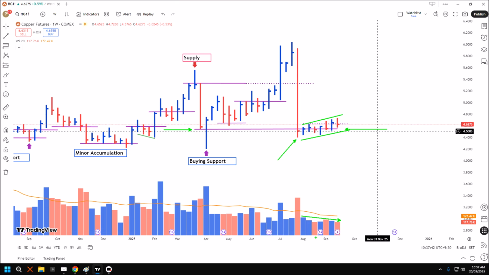But this market's not looking particularly weak. It's just showing no great intent to move higher. And to some extent, it's just getting itself away from the inferred weakness from this widespread down bar.